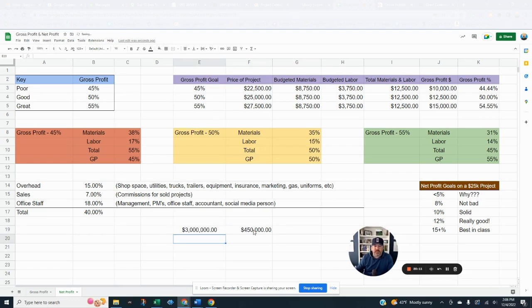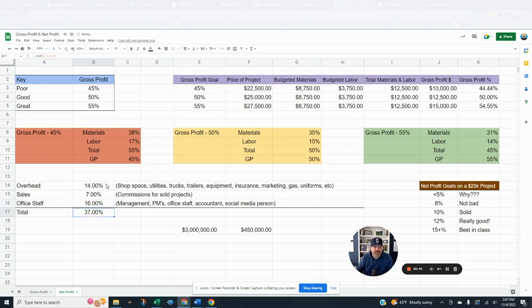Let's make it a $3 million business doing 15%. That'd be even better because at 3 million, these start getting more in line, right? If you can get overhead down to here, sales doesn't really change. Your office staff that runs a $3 million company can still run a $5 million company for the most part. You were probably just heavy on staff at 3 million because at 3 million you have to start hiring people. Somebody has to answer the phone. Somebody has to do all sorts of things, right?